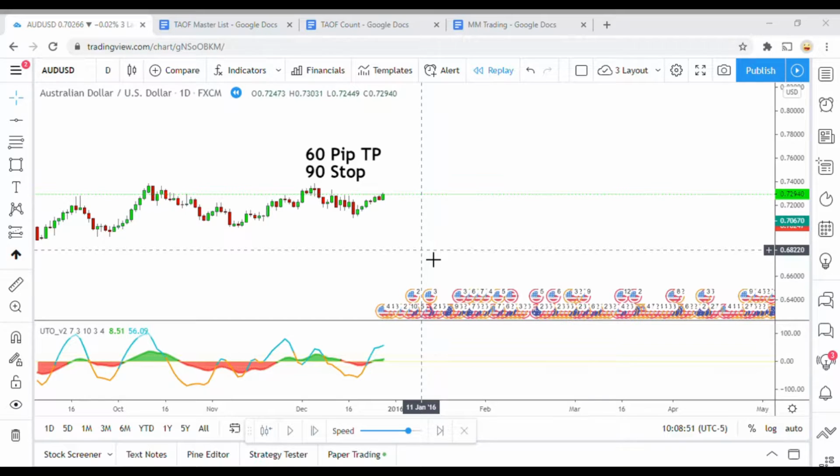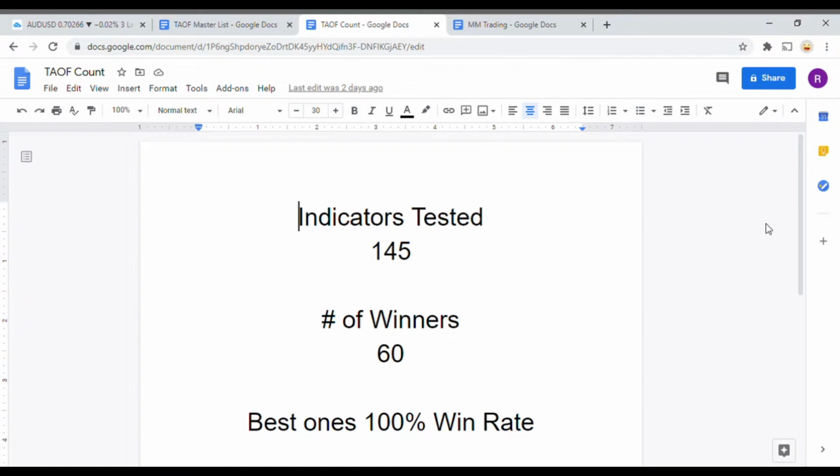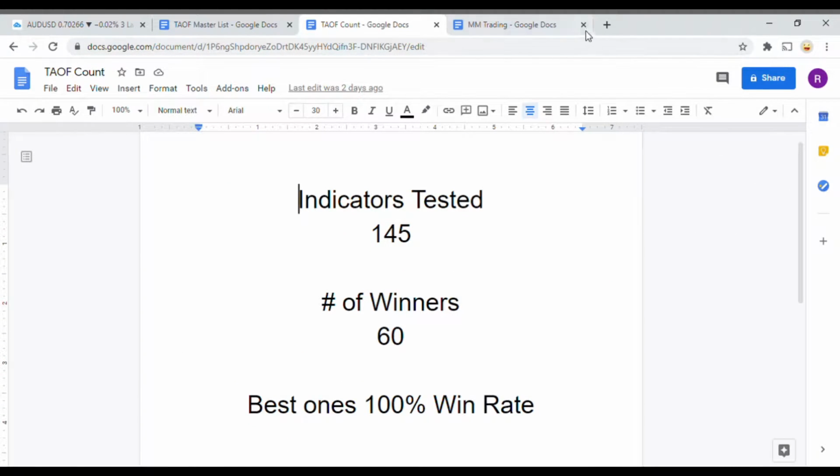Alright, as I said, today we will be testing the ultimate trading oscillator. But before we do, I wanted to put the indicator scoreboard up for everyone to see. So to date, we have tested